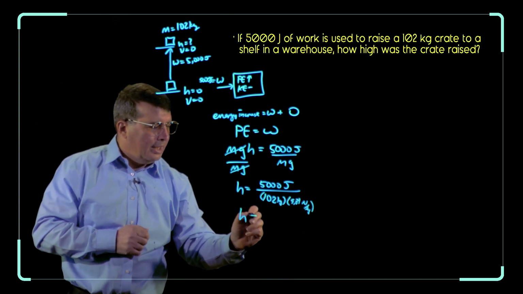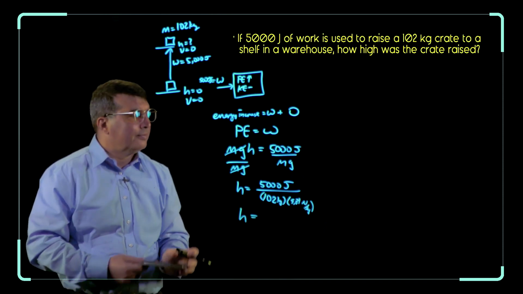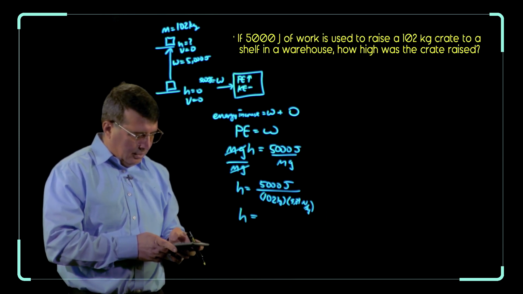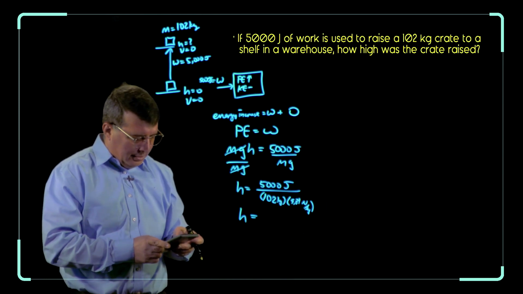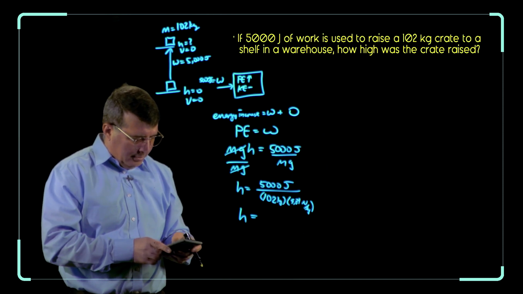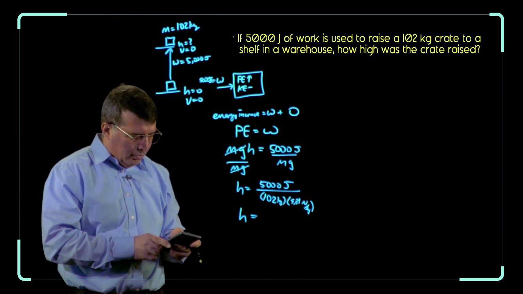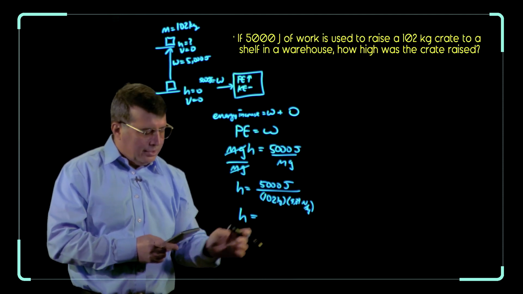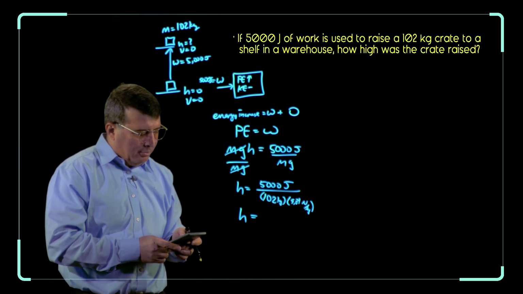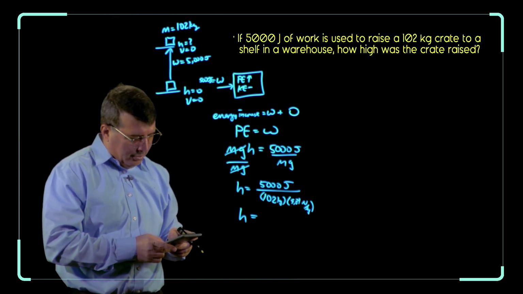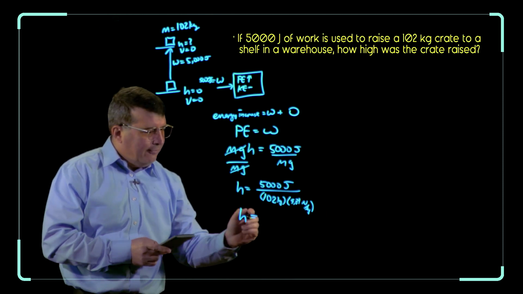Okay, so my height is 5,000 divided by (102 times 9.81), where I put parentheses around 102 and 9.81. So make sure you put parentheses around all of that to divide by both of them. So 5,000 divided by 102 times 9.81, and I get 5